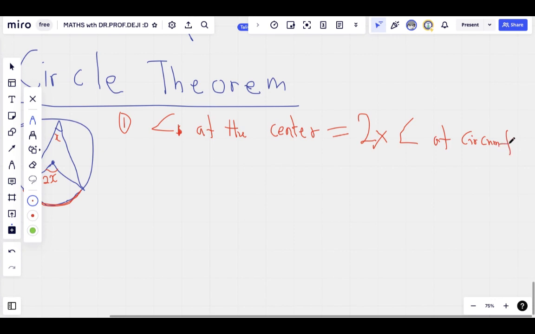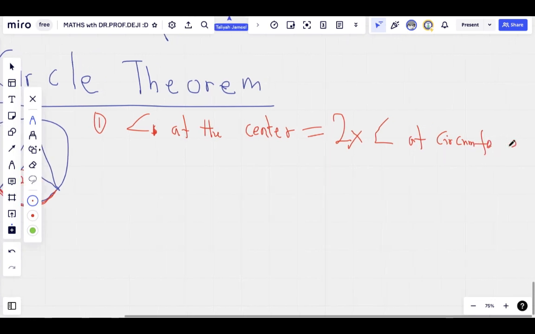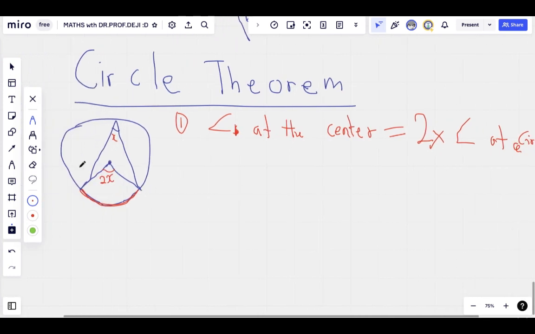But they have to be on the same arc. Yes, they have to be standing on the same arc. They have to be bounded by the same arc, or same chord, or same segment. But arc is enough. You just remember the arc, it's enough. Angle standing on the same arc, the one at the center is double the one at the circumference. For example, if you want to solve a problem,